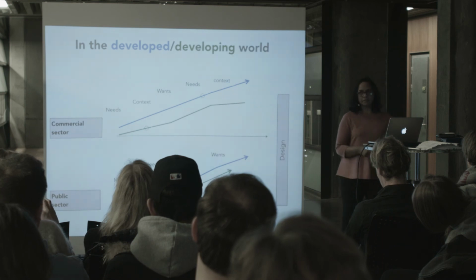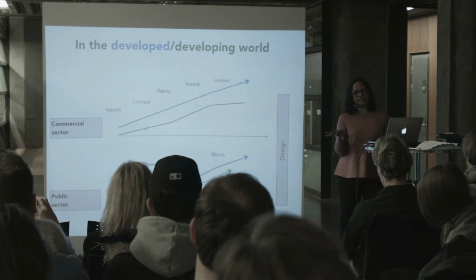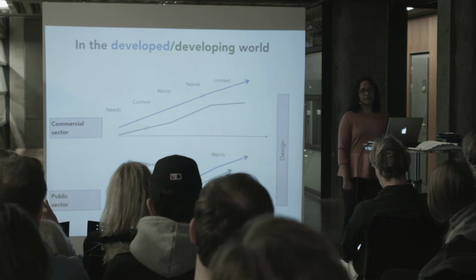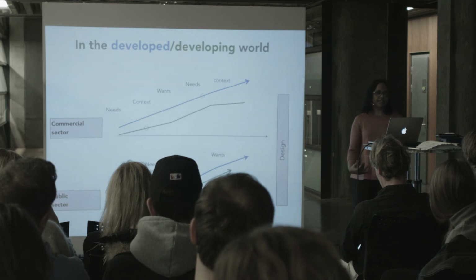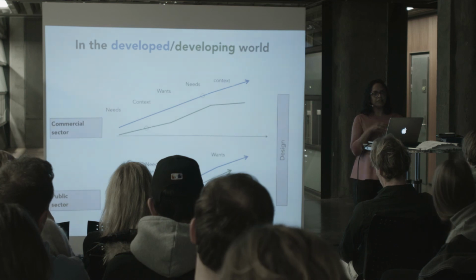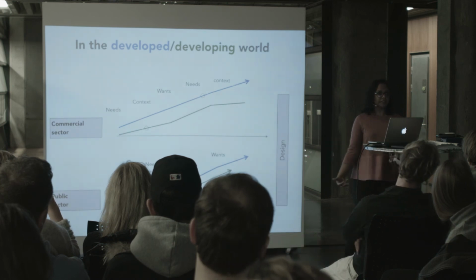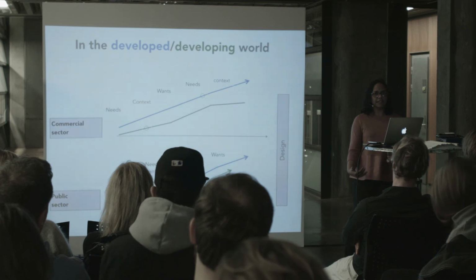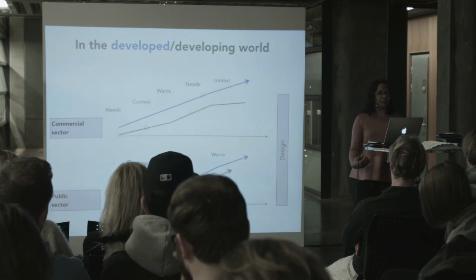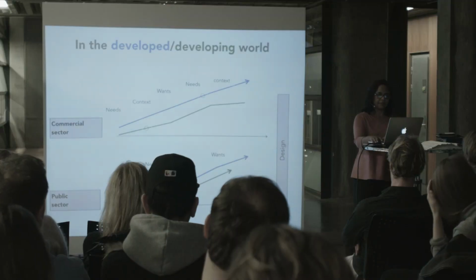When it comes to the developing part of the world, it's really far behind on that front. The good thing is that it's always the commercial sector that leads the way when it comes to the use of human-centered design, and the public sector always follows. Since developing countries are lagging so much behind, you can look at this as a greenfield, and it's always easier to implement things in a greenfield scenario. So once we start deploying human-centered design in the commercial world and the public world in developing countries, it'll pick up speed much faster than it did in the developed world.